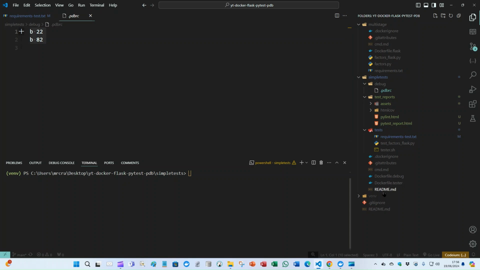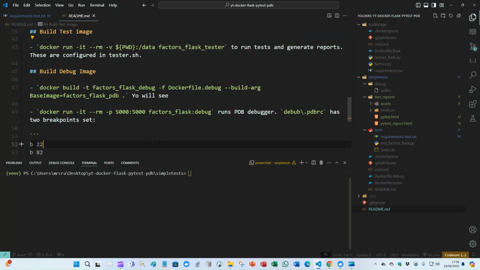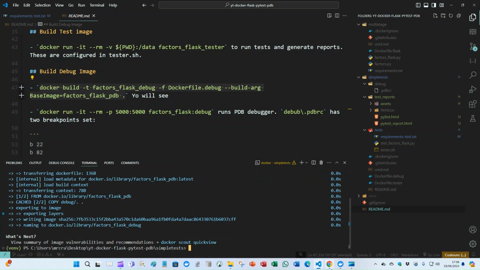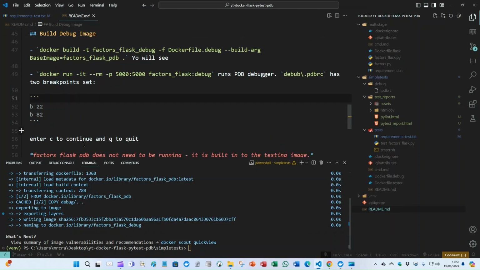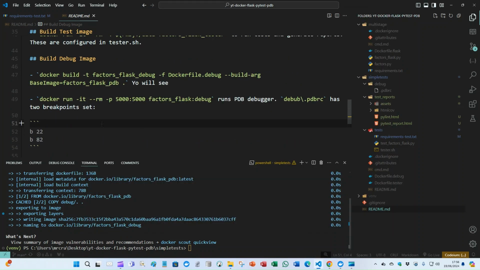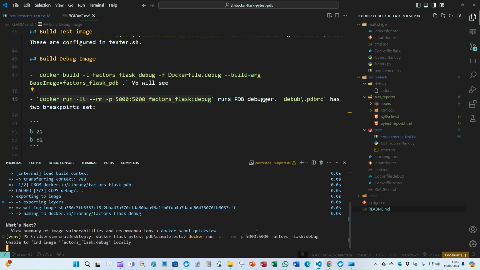And if we go into README here, let's build this debug image with the dot. Again, if we come into Docker Desktop, we now have the factors Flask debug image. All we now need to do is run a container from it, and it will have those breakpoints. So if we run that,